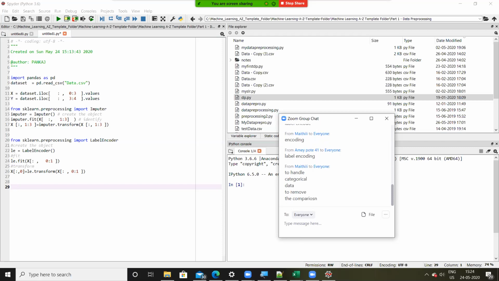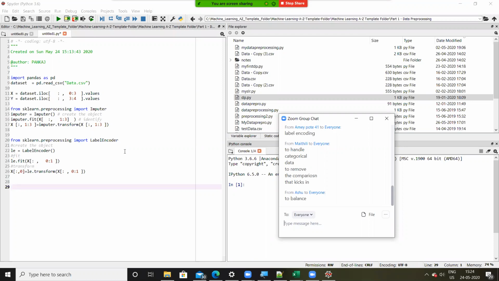That's right, to remove the comparison. Whenever we do label encoding, it converts text to numbers, and as soon as it converts text to numbers, we'll start comparing whether one is greater than another. Before converting text to numbers, we were not comparing those data.